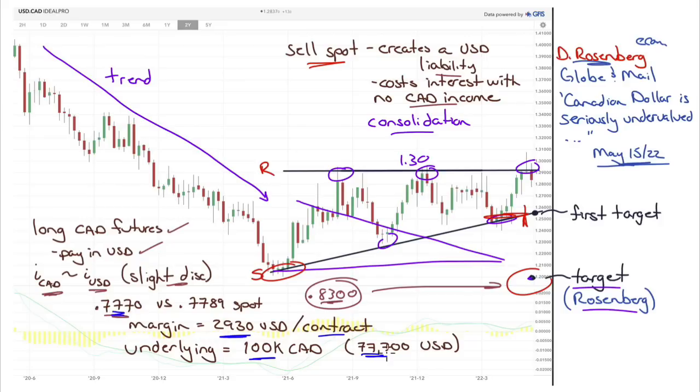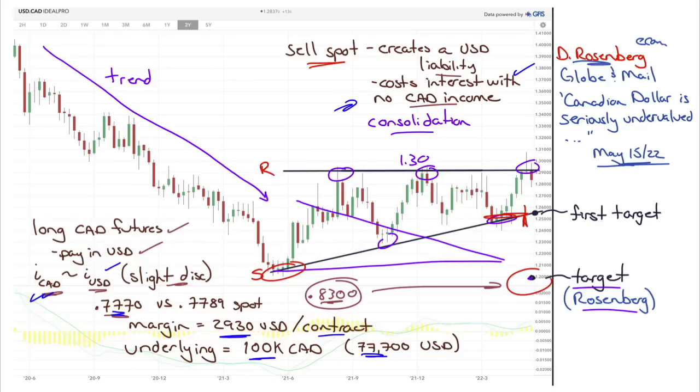Now the interest rate is in here, so you are paying the US interest rate. You're paying the US interest rate here, but you're paying it here. However, you are implicitly, within the futures contract, receiving the Canadian interest rate. You would not be receiving it here unless you took the Canadian and actually bought something with it, whether it be a 30-day Canadian bill, whatever the case is, you would have to do something.